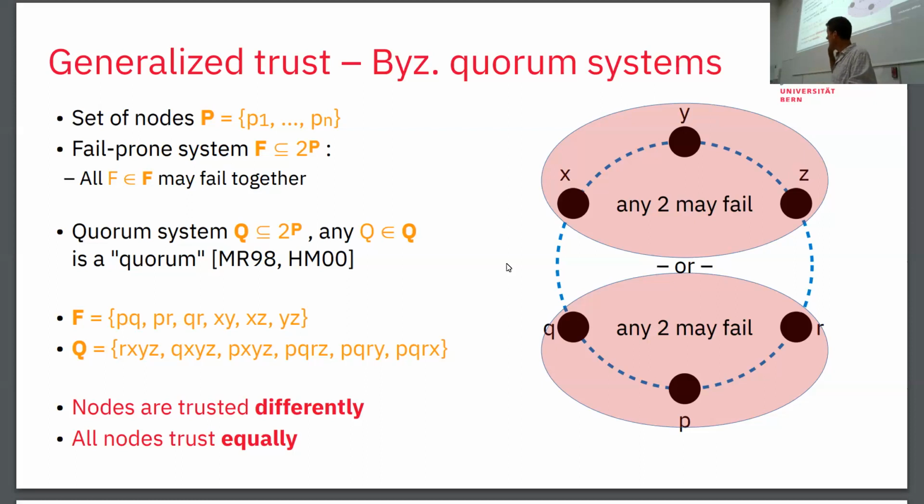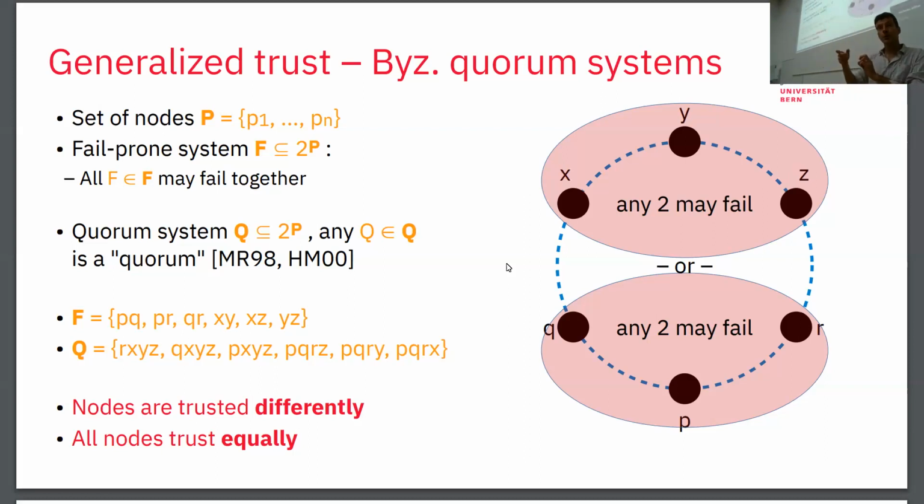Let's look at what this means now at one of these generalized trust assumptions. In this system here that I'm showing, I have 6 nodes, okay? So if you remember the threshold case, threshold trust assumption, I cannot tolerate 2 because n has to be bigger than 3f. That means I cannot tolerate any set of 2. But if I make a further restriction, because I just say, oh, the XYZs are close and might collude, and the PQRs, the lower half of the nodes, 2 of them might collude. But it's never the case that one from the upper group colludes with one from the lower group.